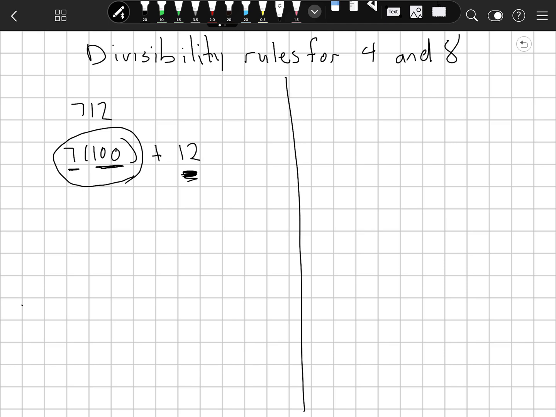Okay, you might be asking a question. So basically, we just have to look at the last two digits. And your question might be, does this work if the number is bigger, if it's in the thousands or 10,000s? Let's take a look at that. So let's go